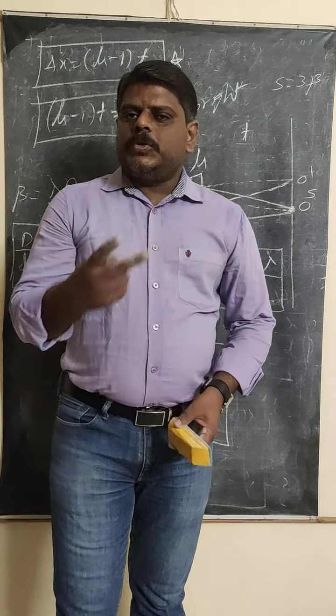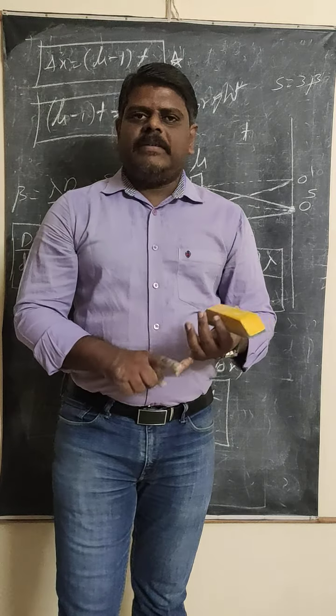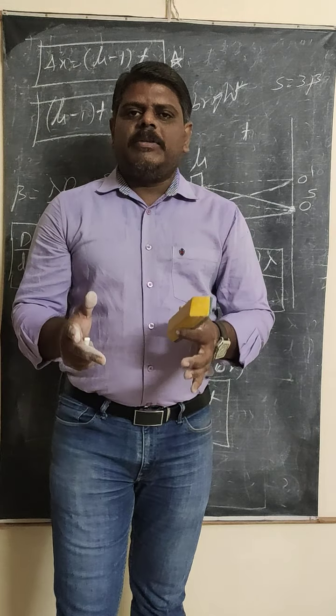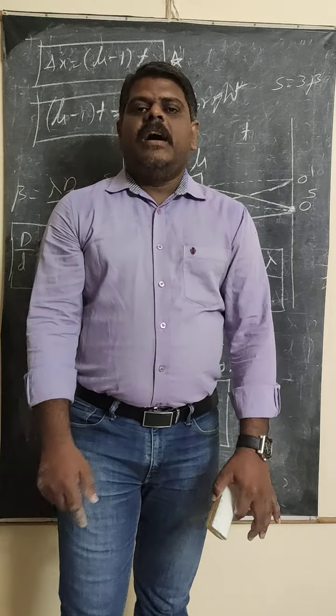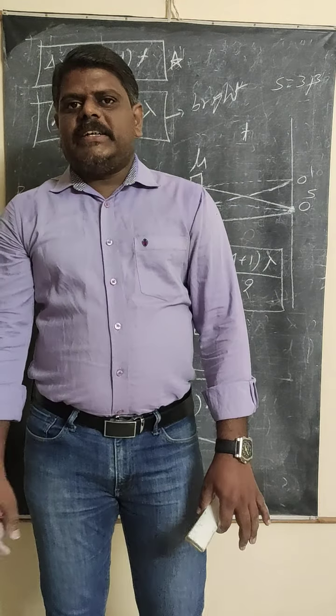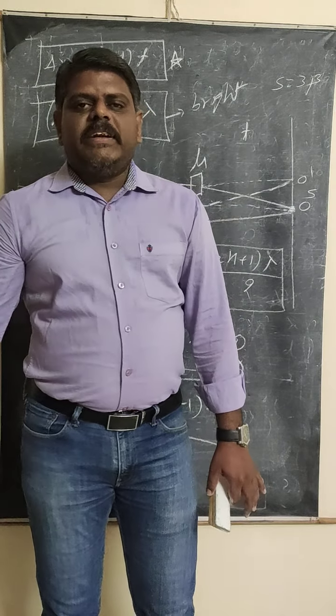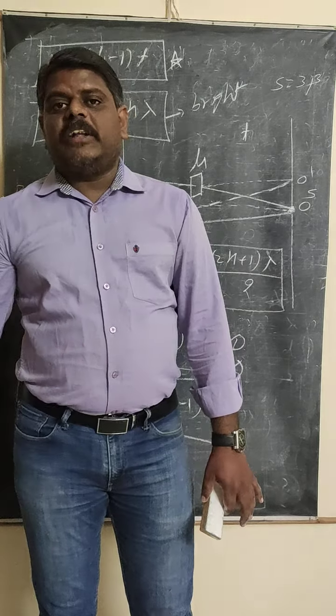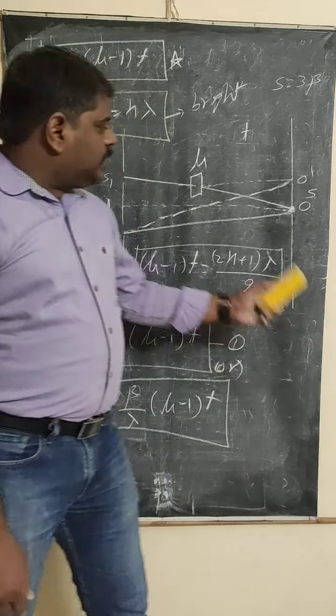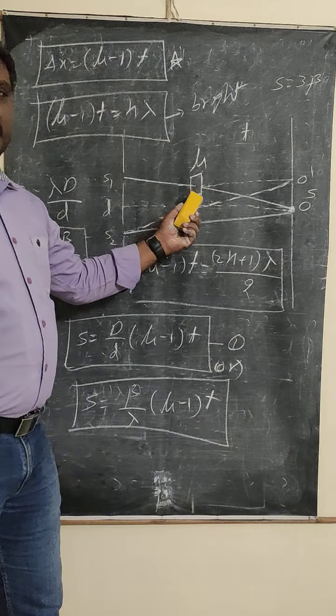So today we have discussed two concepts which are very important for competitive exams. First, if Young's double slit experiment is immersed inside a liquid of refractive index mu, then beta dash is equal to beta by mu, so the fringe width decreases. You also have to remember angular fringe width. After that, the introduction of a thin transparent glass plate.